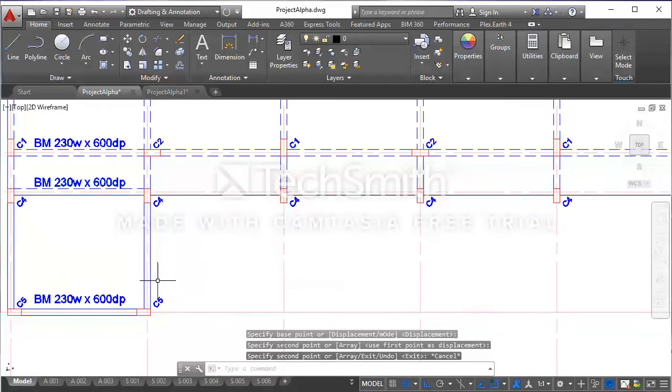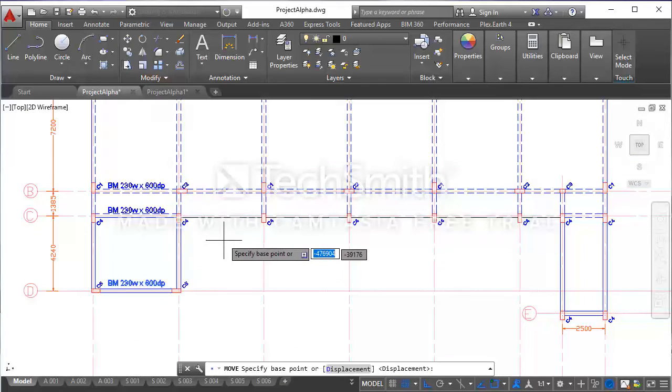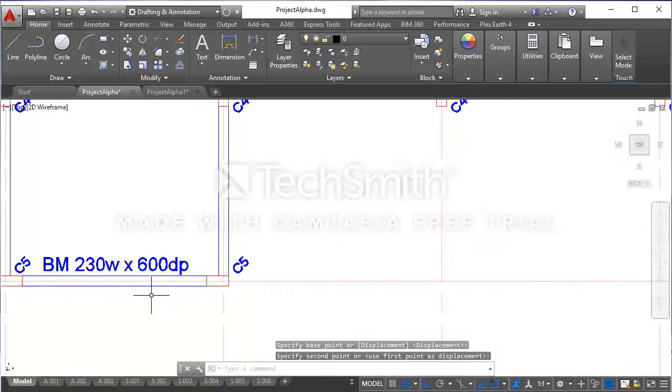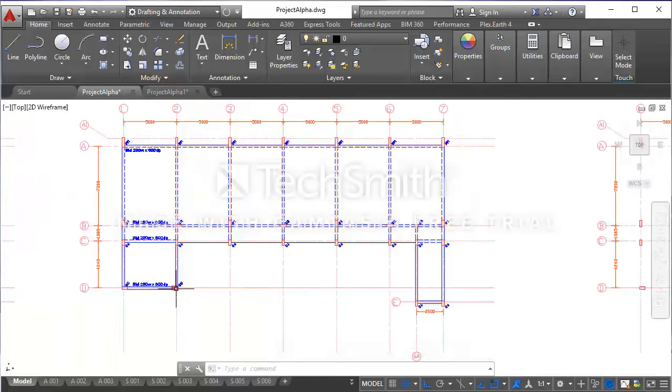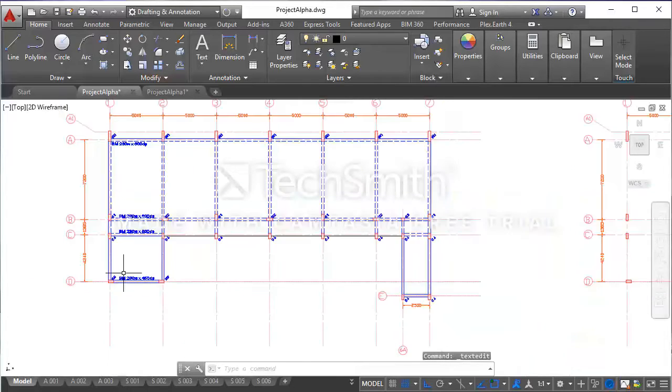So, and place it here. So I will adjust it a bit. This beam is a staircase beam, a beam supporting the staircase and block wall. The beam does not support suspended slab, so I want to change this property to 450. So this is 230 by 450 D beam.